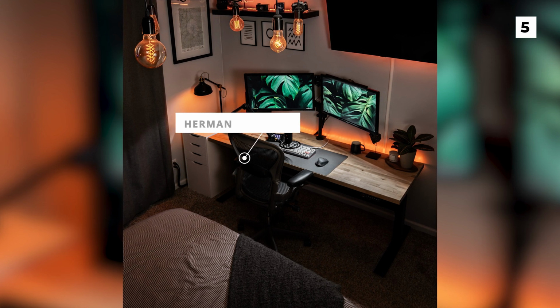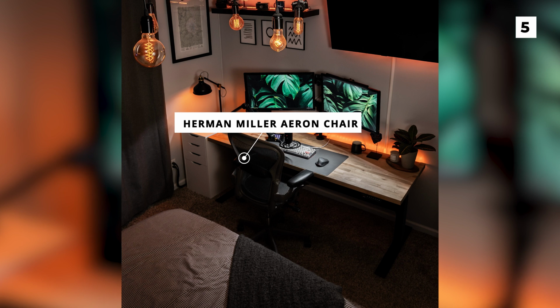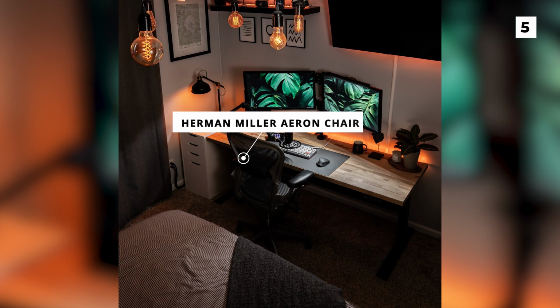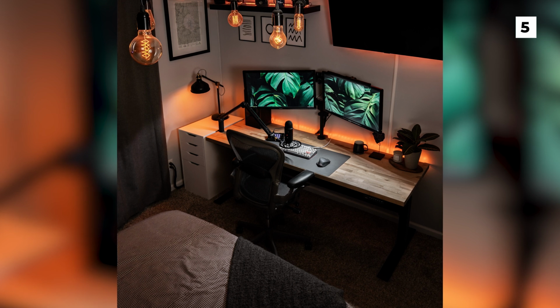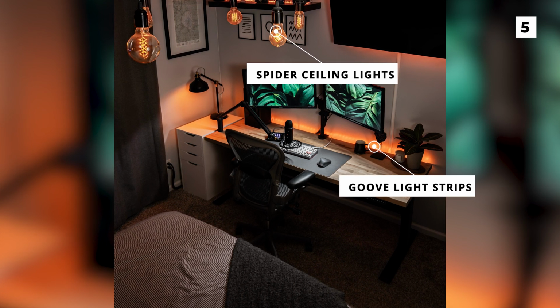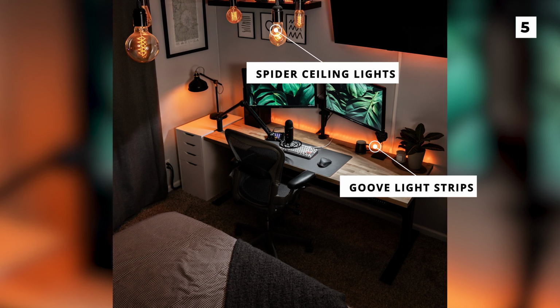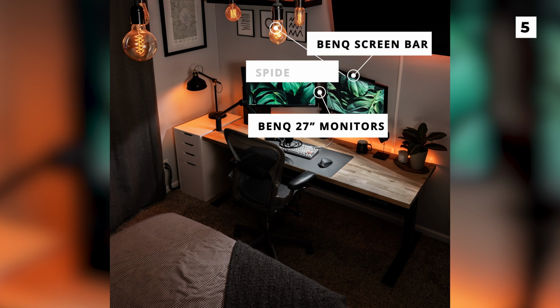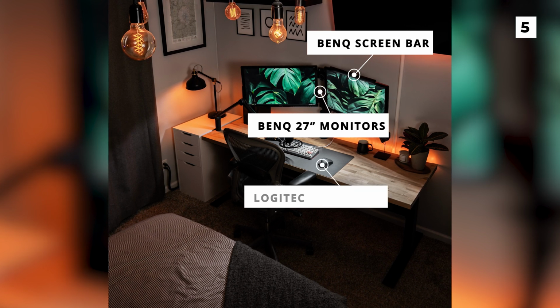We've got another setup using the Herman Miller Aeron chair here. It just goes to show how popular and fantastic these chairs really are. The stunning lighting in this setup is thanks to some Govee light strips, a spider ceiling light, and some absolutely amazing Edison bulbs. Beneath those BenQ 27-inch monitors, with the BenQ ScreenBar of course, we've got a Logitech MX